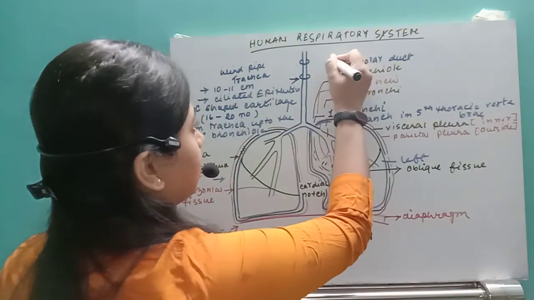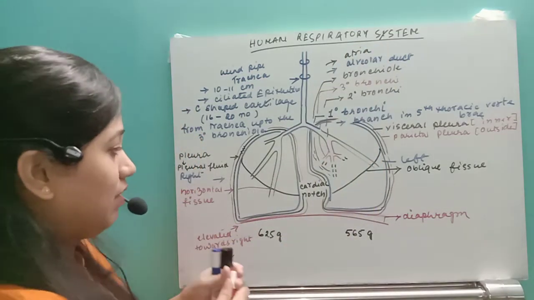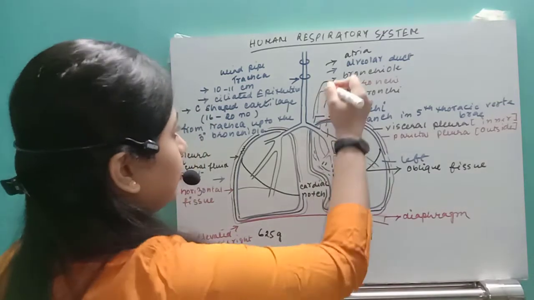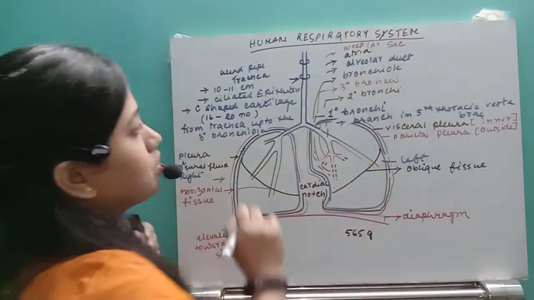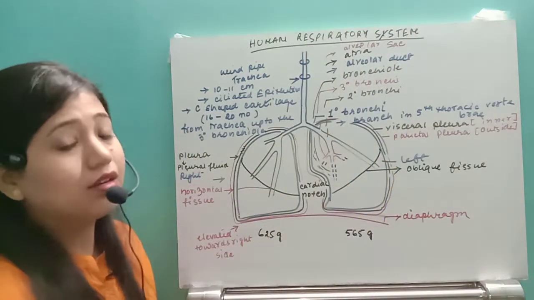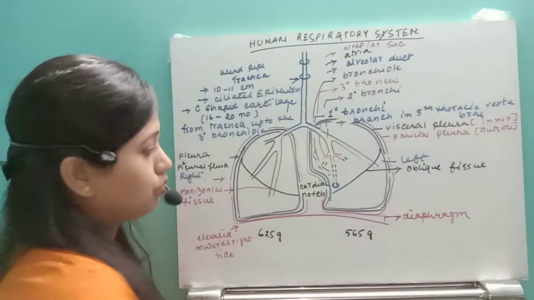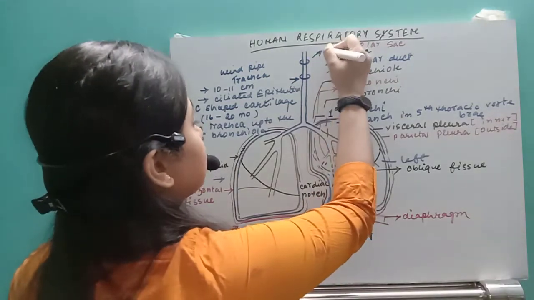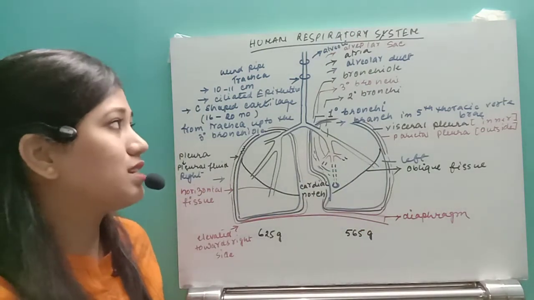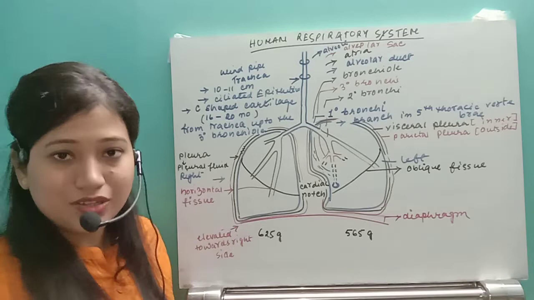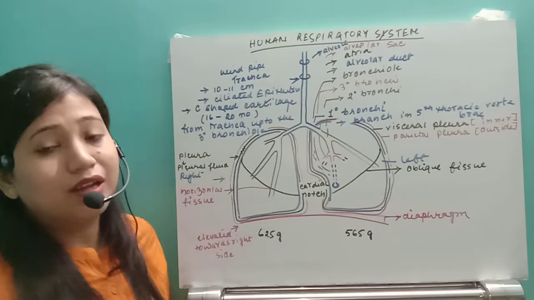So this will be the atria, and atria will lead to the next part, that will be the alveolar sac. So this alveolar sac will lead to the next part, that are the alveoli or the air sac, okay? This will lead to the next one, that is the alveoli, okay? So what is the alveoli? Alveoli is nothing but the air sac within which the air will be present, where the air will exchange with